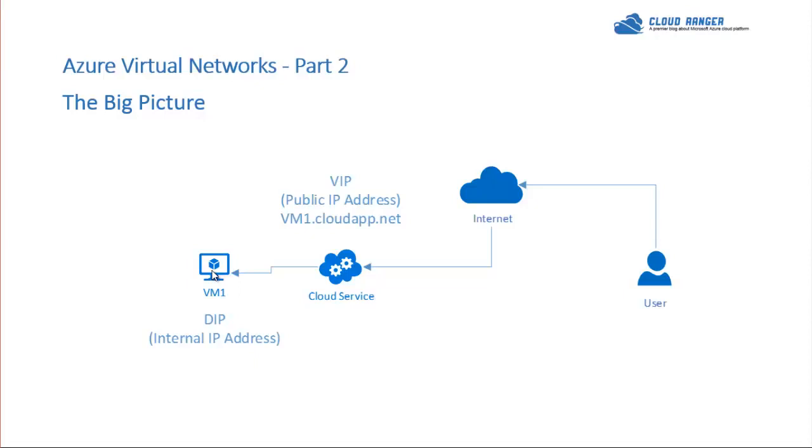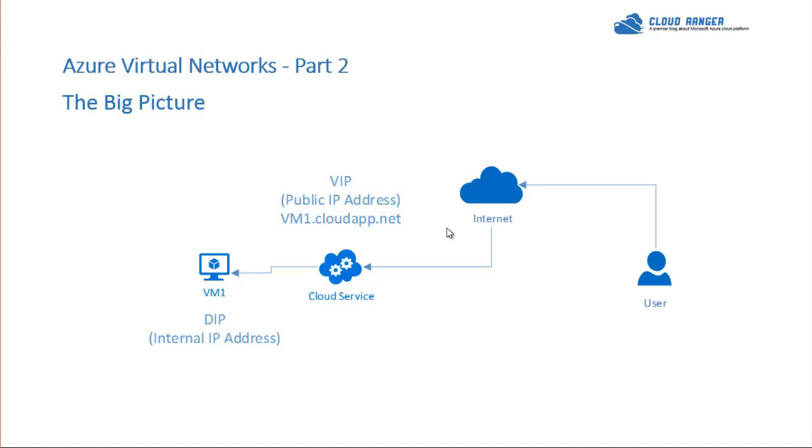What happens is that when we created a VM and we were trying to RDP in, this virtual machine was inside this cloud service. Azure went and gave this cloud service an IP address. So it was a public IP address, or Azure calls them for some reason a virtual IP or a VIP. And this VIP actually also had a DNS entry that Azure did for you. So anytime there's a cloud service that you create, it will actually have a cloudapp.net DNS entry